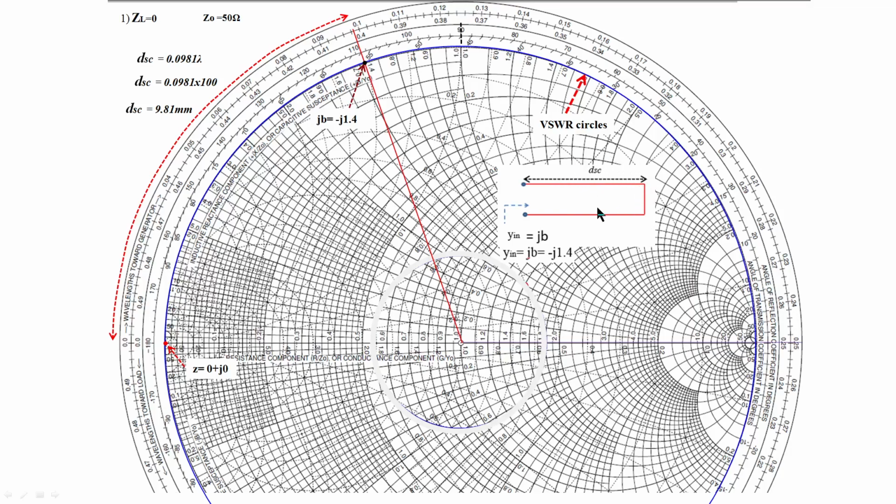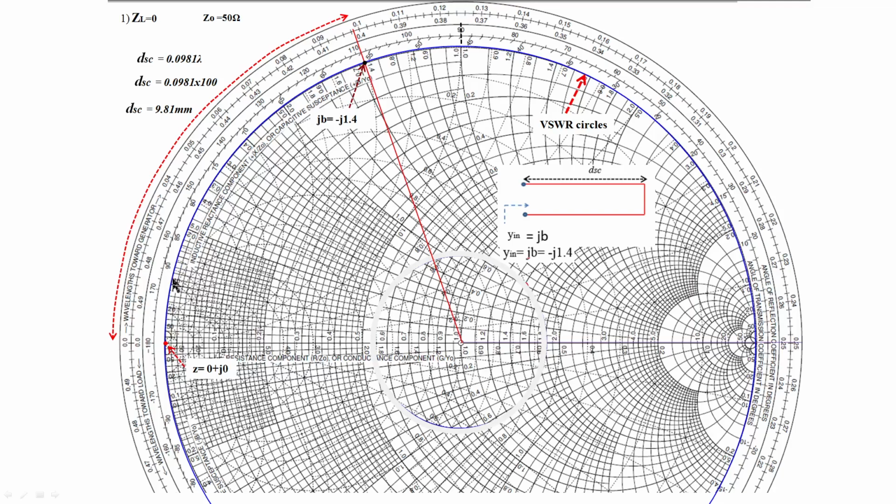If we take a proper value of this length, the input impedance here is a susceptance, and you can implement any value based on your requirement. You have to get a particular length. Here, as we can see, I want a susceptance of minus 1.4. What is the length of the line to get this value of susceptance between these two terminals? We are using a short circuited transmission line, so you should get a length of the line. You mark the load here, the short circuit point, z0 and x equal to 0.